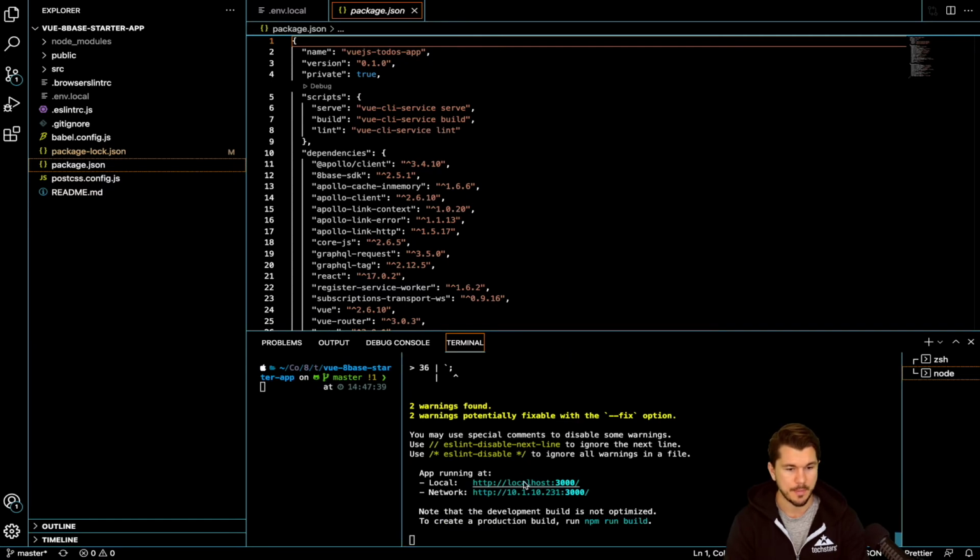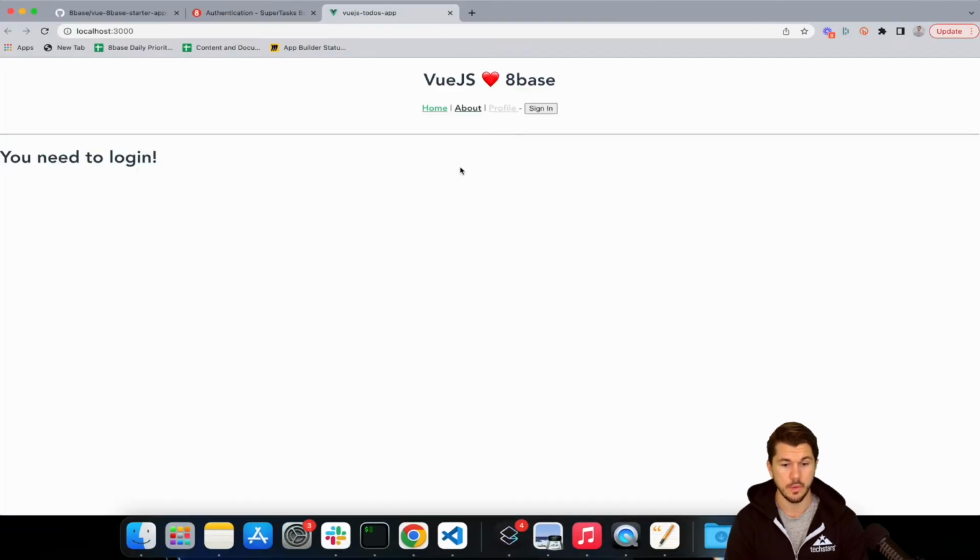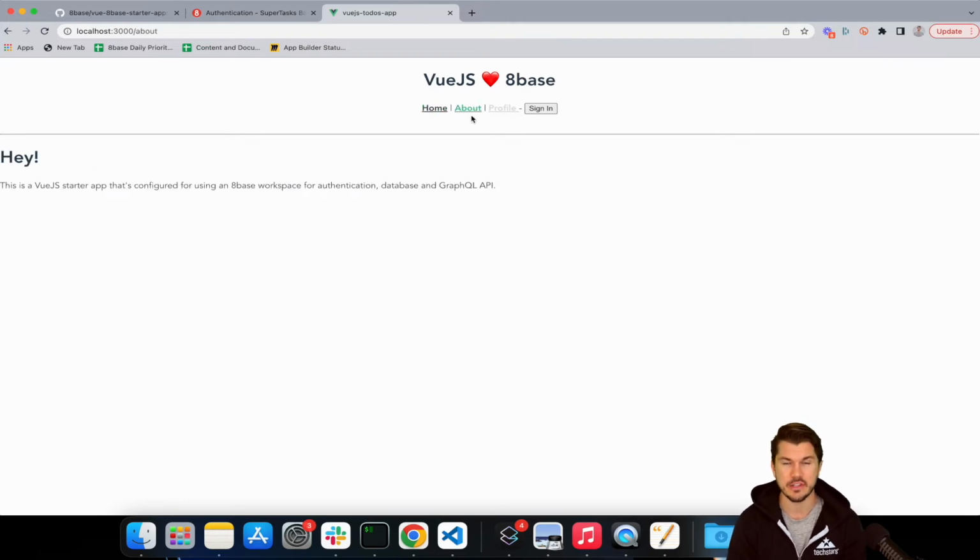And now the app is running at localhost. So cool. So now we have our app. And as we can see, it says you need to log in. So that's kind of the hint that there's authentication there. We have a few different pages. So the Vue router is installed, as well as then we have the profile, which is disabled because we're not